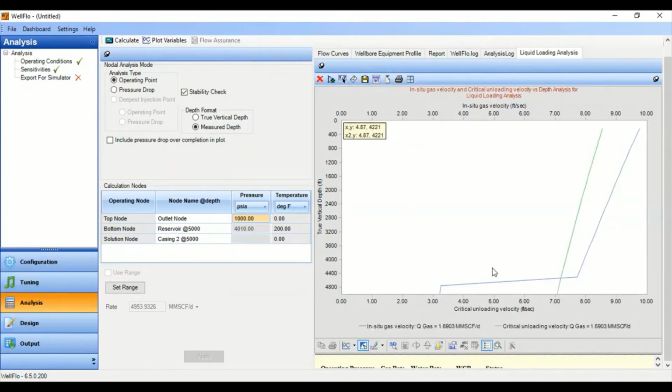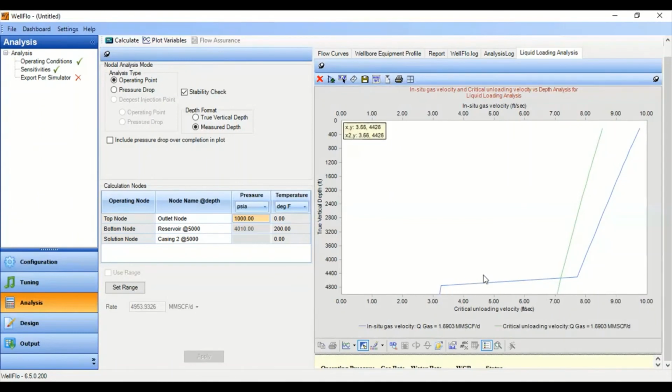You know why? Because after the bottom of our tubing, we are now inside the casing. And in the casing section, below the tubing, we have a bigger diameter. And in a bigger diameter, of course, the velocity will be lower. That's why our in situ gas velocity is lower than our critical unloading velocity, and it's not good.